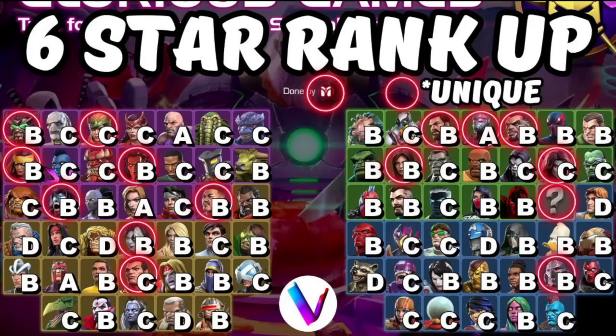Now let's go ahead and move on to the right side of the screen. And the unique champions we're talking about, again, similarly, have that red circle. And Cap is very good and great for team building. Rank up your 6-star. Put those 6-star stones into him. To me, he makes a ton of sense for using your 6-star Saga resources on a champion who's going to help you clear content,